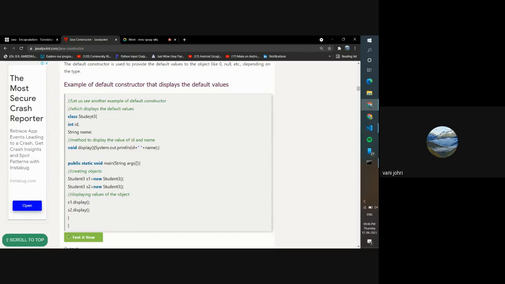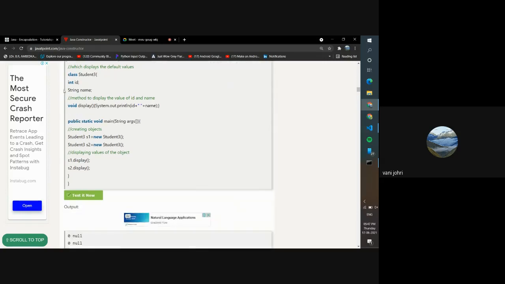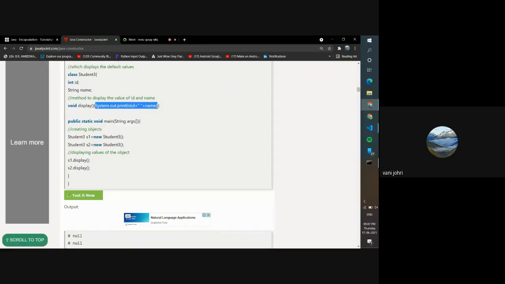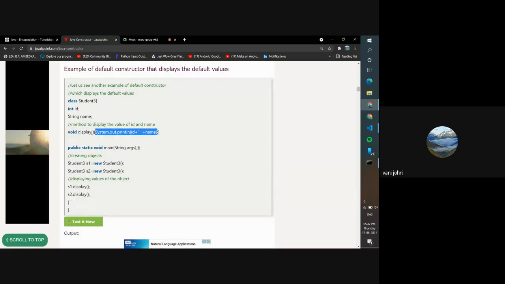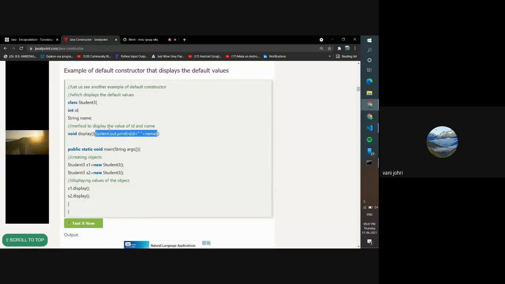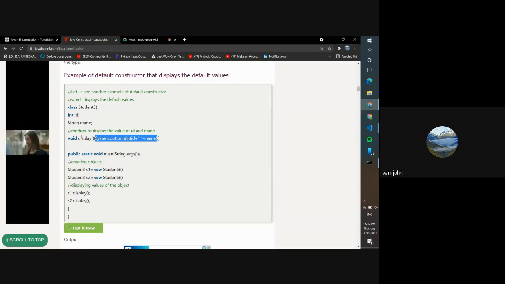When it comes over here in class Student 3, it will read string id, it will make space for string id, but there is nothing inside string id, so how will it give it space? So the default constructor gives a default value. What default value will it give? Whatever is the default value for that data type. So they've done a print with the id and name over here, so that you can see what value it is giving. Okay, this is your default constructor. I'm sorry, this is not your constructor. This is just a method for displaying the values.